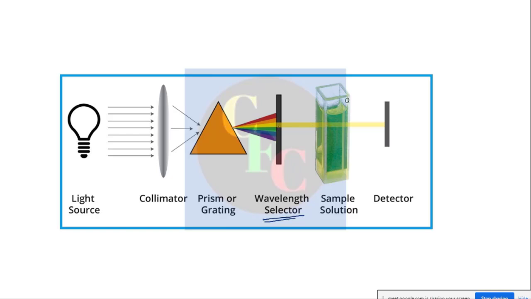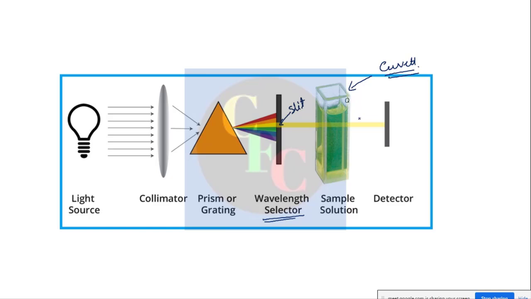Suppose you have a prism and white light, so you have a rainbow of colors, and you have a slit. You have put a piece of paper there with a small slit, so that only the yellow light comes out, as shown here. Now this is passed through the sample solution. Here this is a sample solution. These sample holders are called cuvettes, right? We will discuss this in more detail later. Now the light is going in and coming out of the sample.